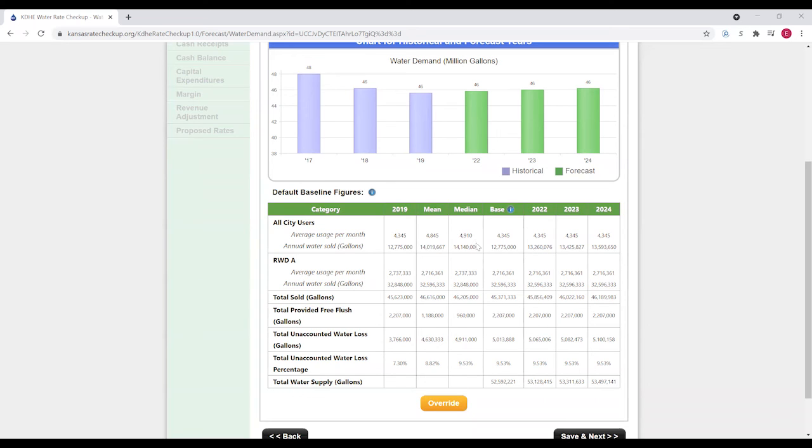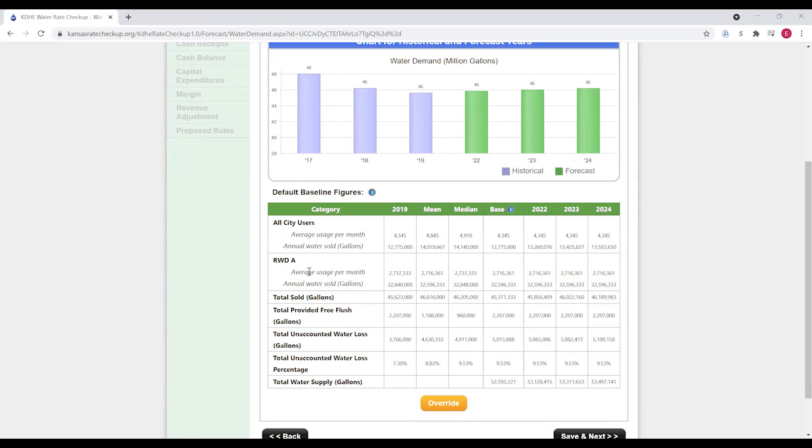To be conservative here, the base amount is originally established based on the lowest amount between those 3 historical values. So in this case, 2019 was the lowest average usage, so that usage was established as the base. The same